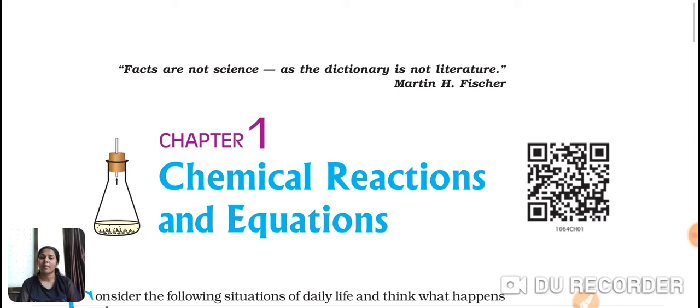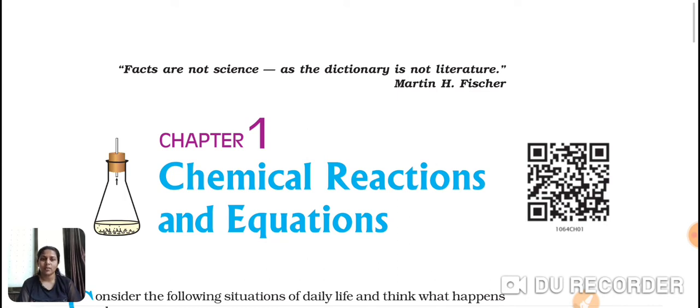Now what is chemical change? In simple words, chemical change does involve a chemical reaction. A process in which there is a chemical reaction is a chemical change. For example, fermentation of grapes, ripening of fruit, photosynthesis, respiration, all these processes include chemical reactions. So these processes are known as chemical change. Okay, so now let's start.